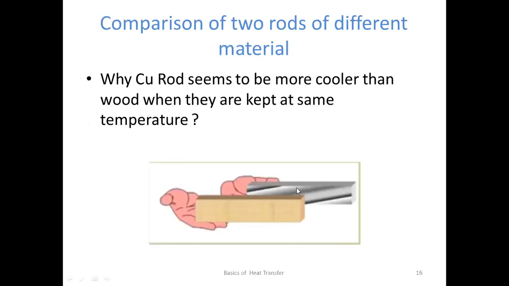And see, here you can see an example of wood and steel, one in each hand. If you are transferring heat from this side, the same value of heat you are transferring, but you will feel more heated on the left side, because on the left side you hold the steel bar, and on the right side you hold the wooden bar. Hence on the right side you will not feel that much heated, but on the left side you will feel more heated.